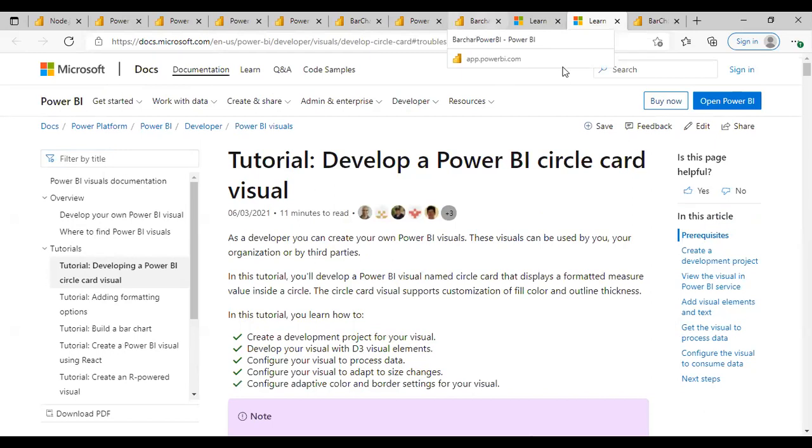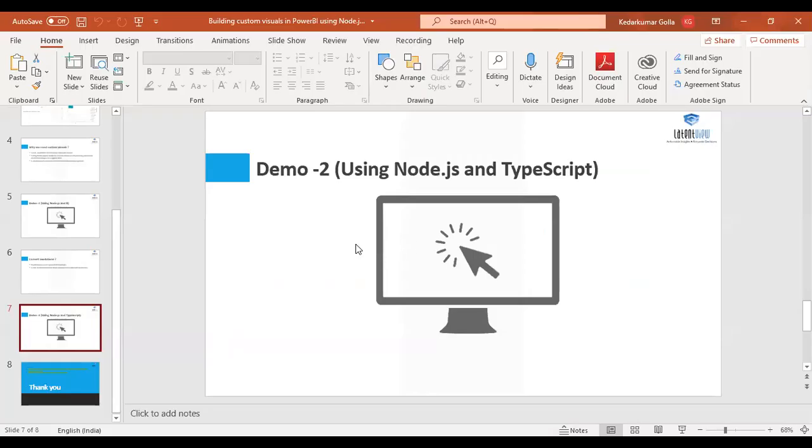The first thing is you need to install Node.js on your system. Then you just need to follow the steps. So that's it. That's the end of demo 2 as well.